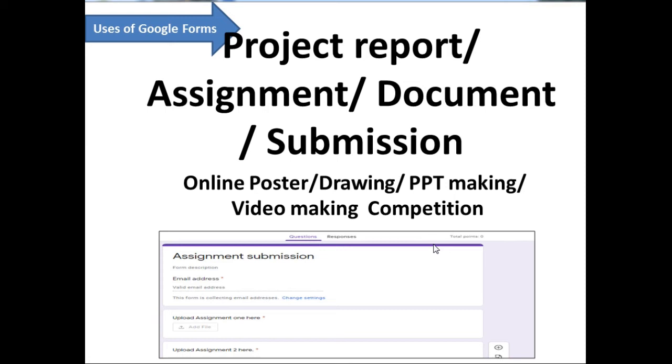You can submit the document online. You can conduct different competitions like poster competition, drawing competition, PPT making competition, video making competitions. Here you can provide the option to the student to upload a file of PDF, doc file, sheet file, or any image file.